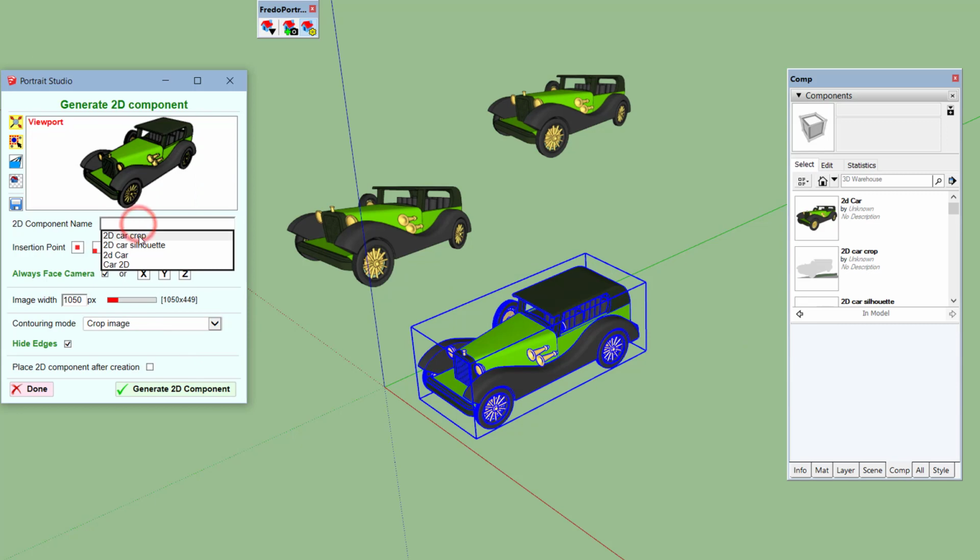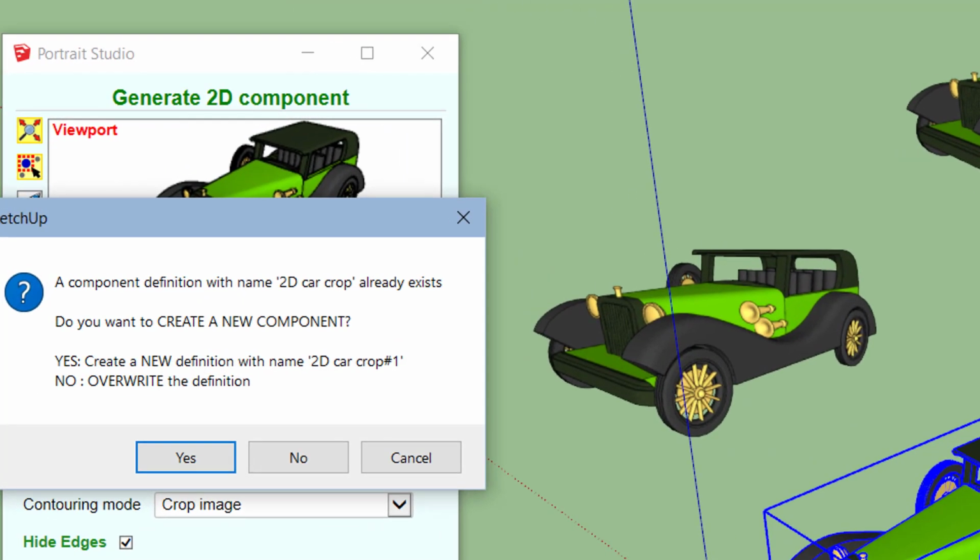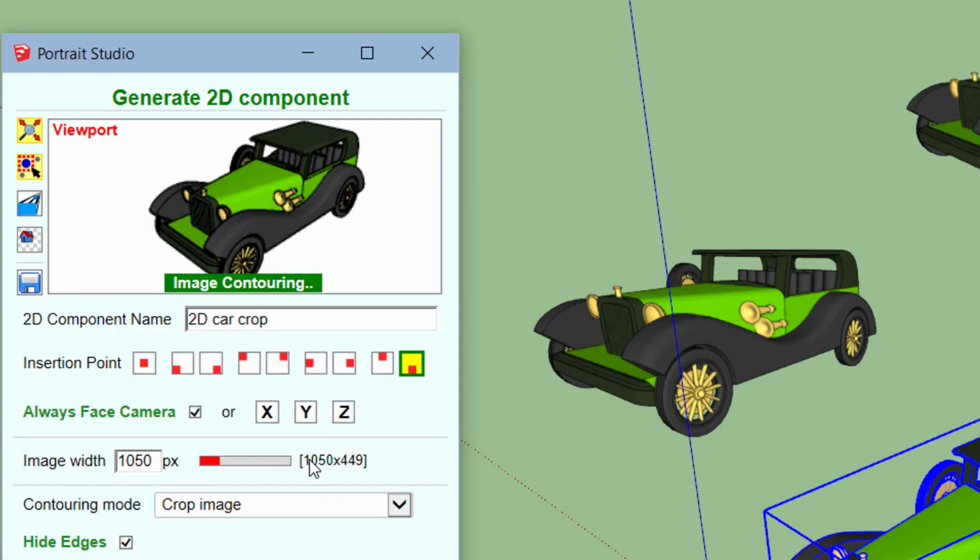Let's do it again. By the way, if you enter a name which already exists for a definition of a component, you have the choice to either create a new definition with the suffix -1, or to override the definition. So let's override the definition.